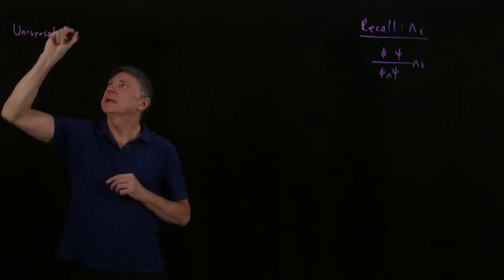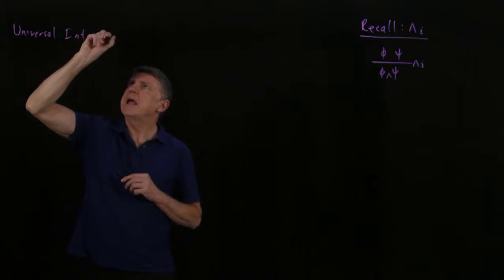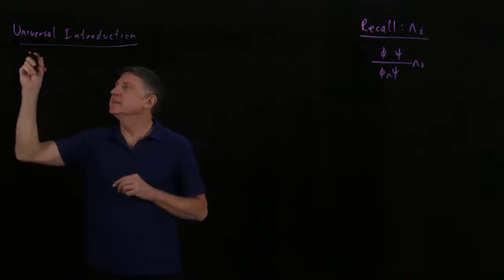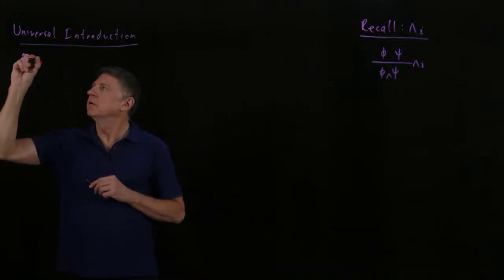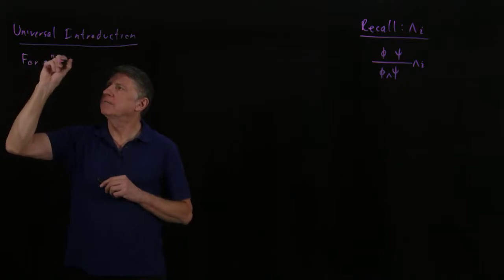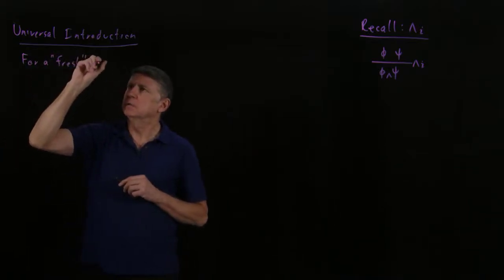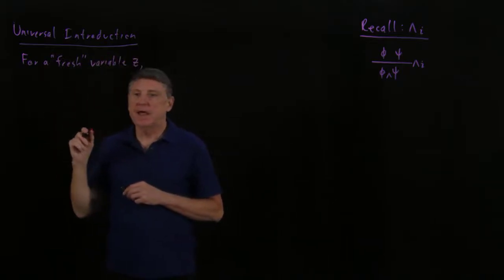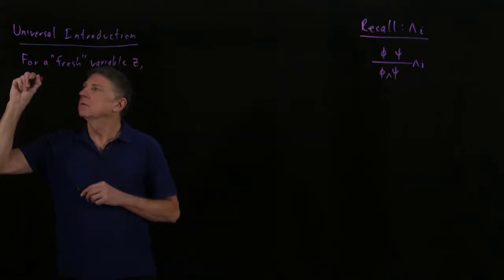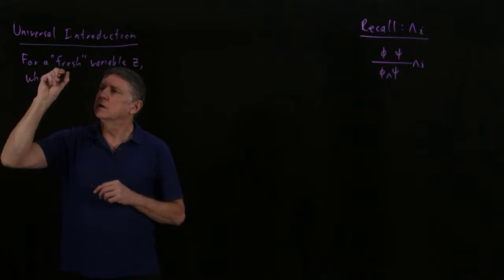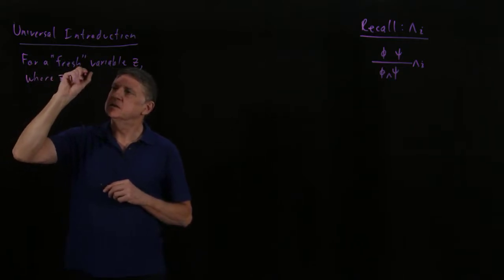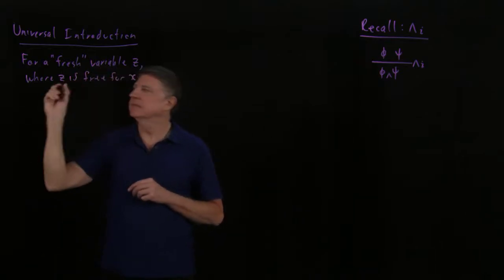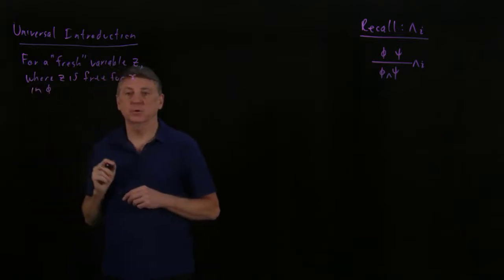So our rule is universal introduction. And it has a special condition, and that is for a fresh variable. Let's just use the symbol z for now. We'll say where z is free for x in a formula that we're looking at,